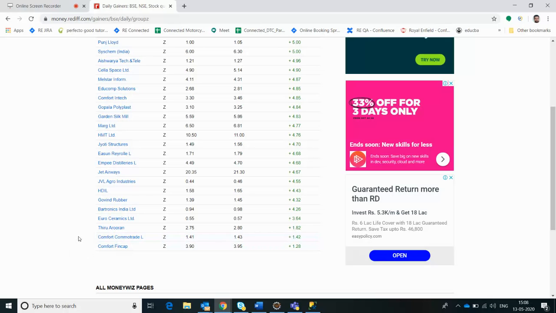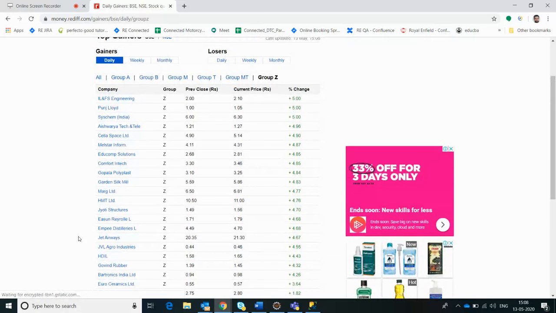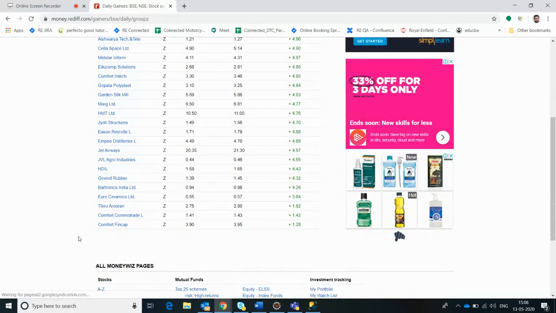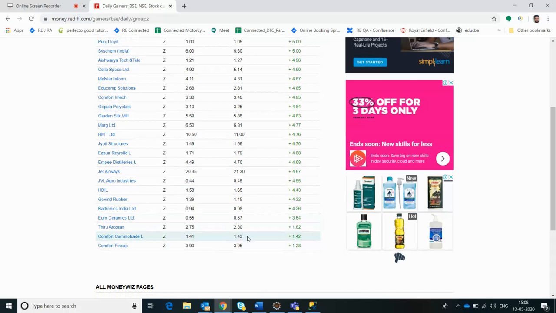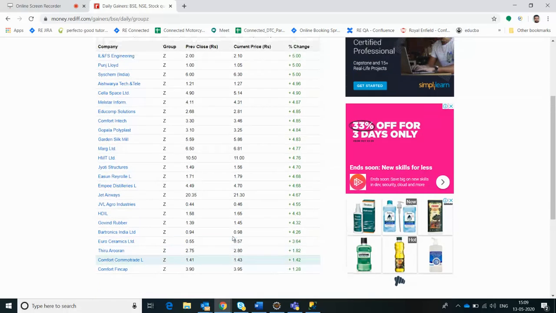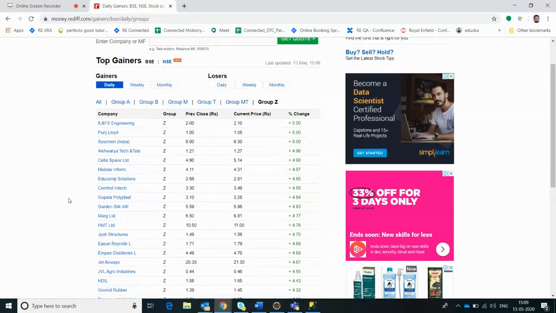So if our requirement is just to identify the current price of the company in group Z which is second last, we go to this second last row, and come here, 1.43. This is the current price. This will be one of the scenarios which we will be automating, right? Also in a dynamic web table, as you see, these values keep on changing. Even these company names will change, right?